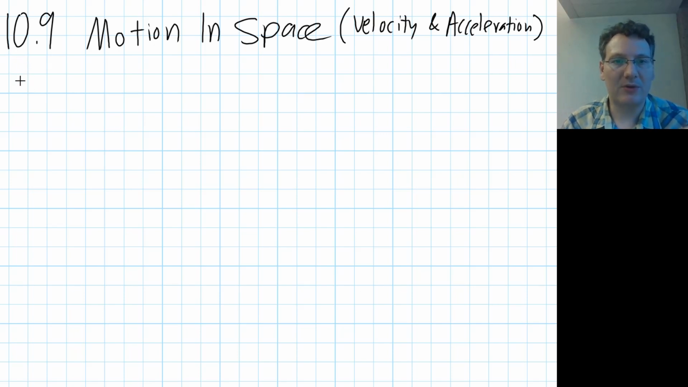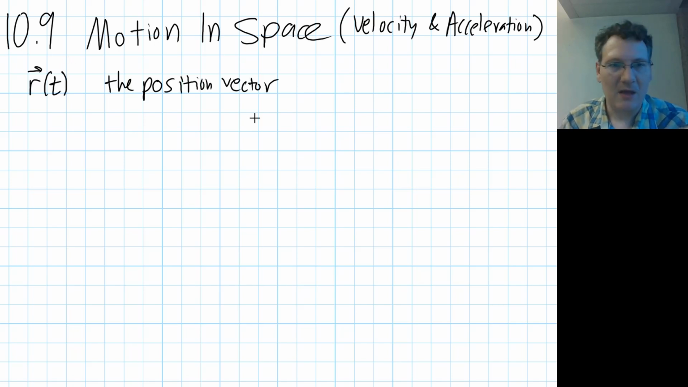We're going to look at motion in space now, where we're going to formalize some ideas which we've already talked about and kind of implied a few times, but with a little bit more formal definition of some of these concepts. If r of t is the position vector of some object moving through space,